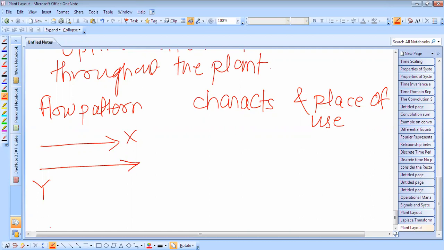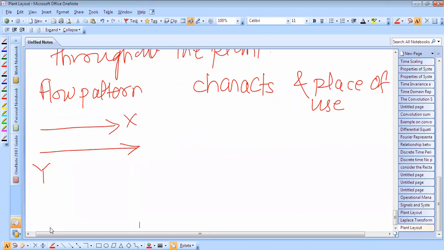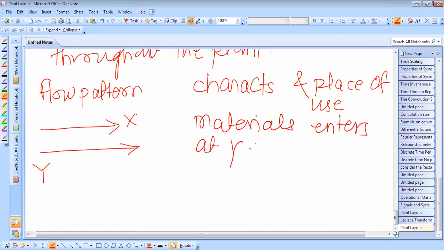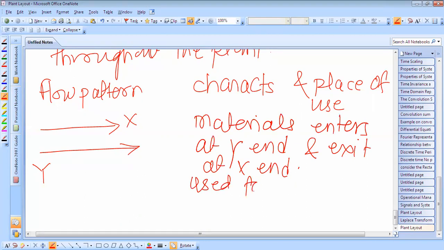It is prepared in buildings having long length and smaller width. Material characteristic is that material enters at Y end and exits at X end. It is generally used for buildings and for heavy